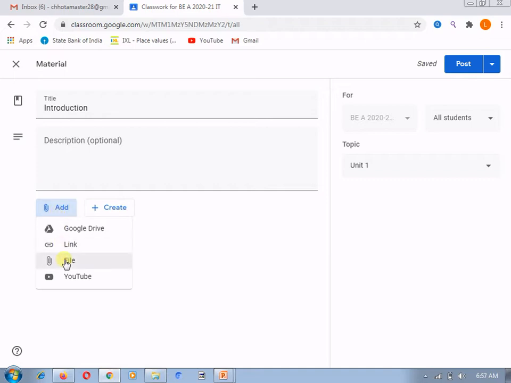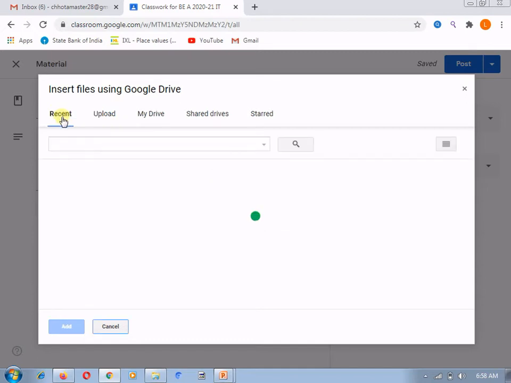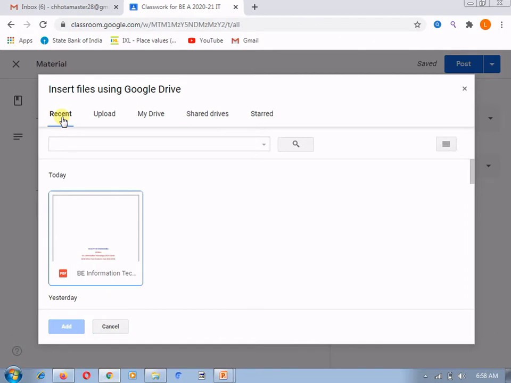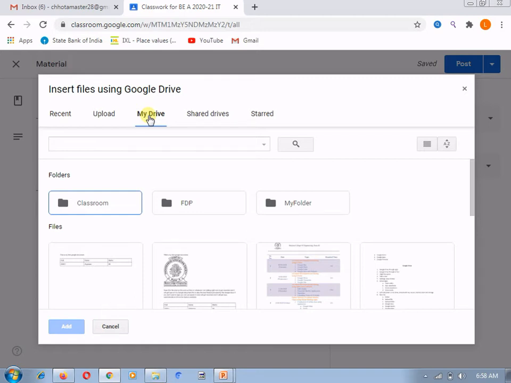Now currently I am adding one document for your reference. Likewise you will come to know how you are going to use this tab, or how we are going to upload. Here these different facilities are provided by Google, that you can go to recent and upload a recent document as it is, if you have already created it on your drive. Currently I am not having any recent document. Now if you have already created many things, you have already saved all of them on your drive.